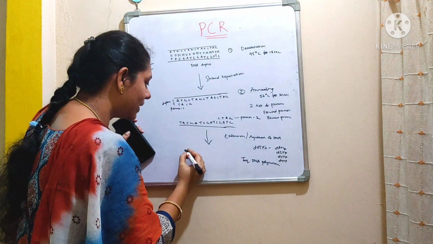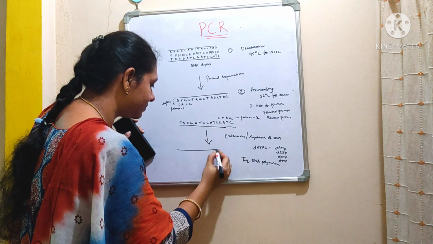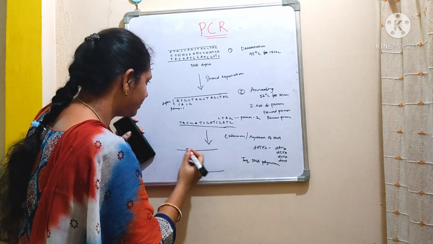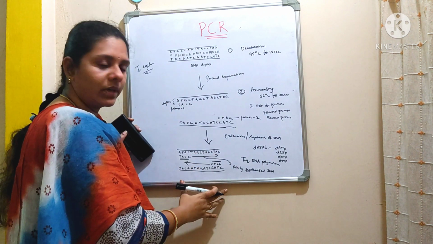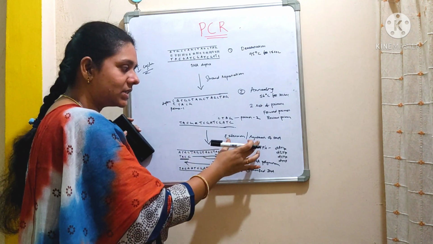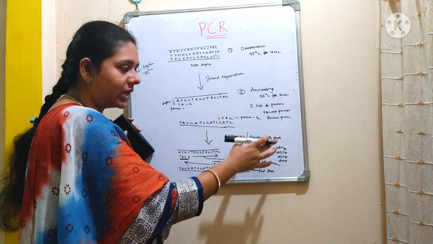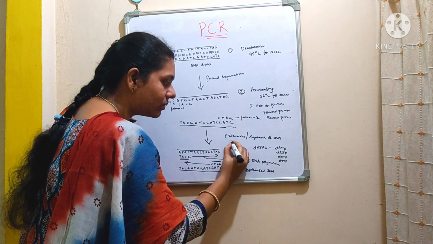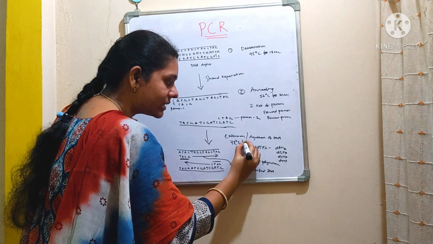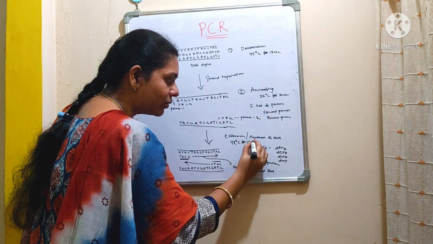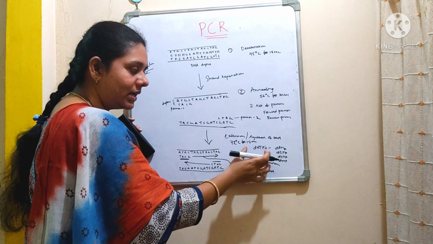Okay, so what happens? Observe carefully. In the third step, that is the extension and the synthesis of DNA, we are going to carry out this step at a temperature of 72 degrees centigrade for 1 to 2 minutes, providing all the dNTPs